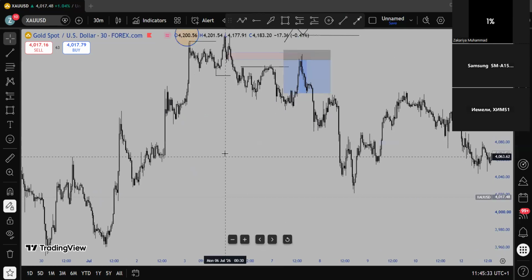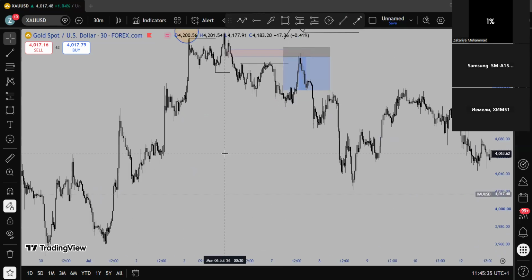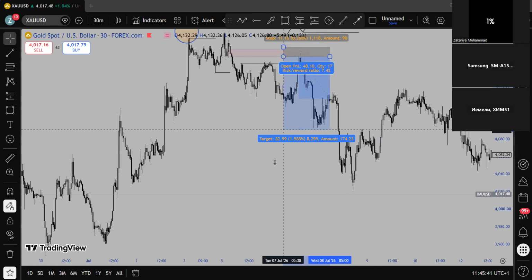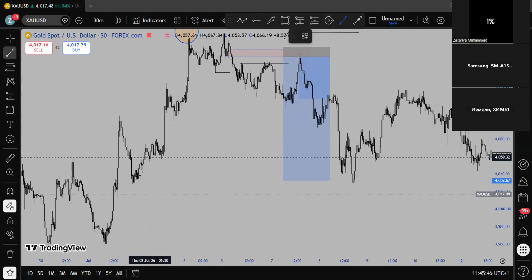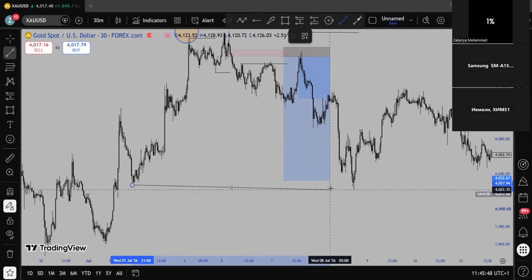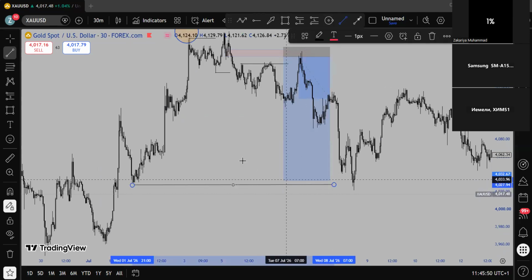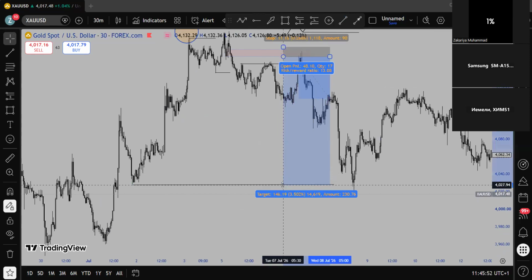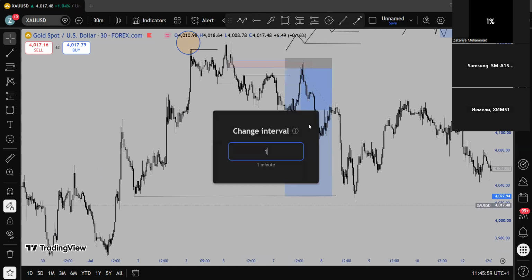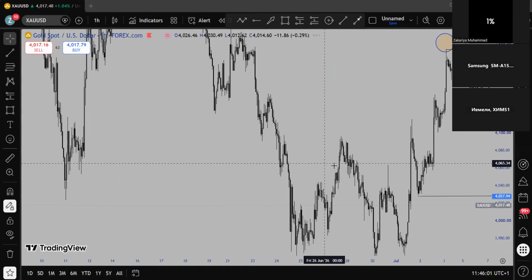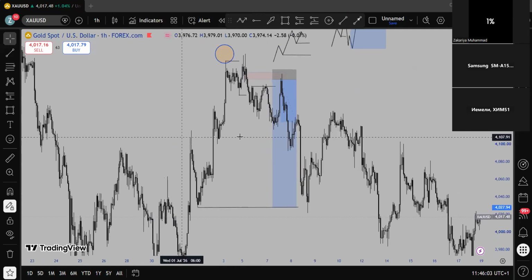Then your take profit should be your higher time frame draw on liquidity, where the market is targeting in the higher time frame. So you see, let's say I only marked the first low, this low. I target this low. So for me now to get lower risk, you see, this is 1 to 13R using the lower time frame, right? But if I use the 1 hour time frame, it's going to be like 1 to 3 or 1 to 4R.